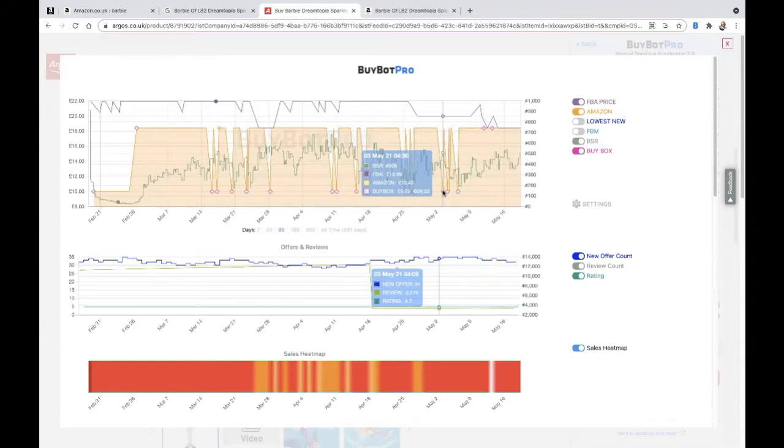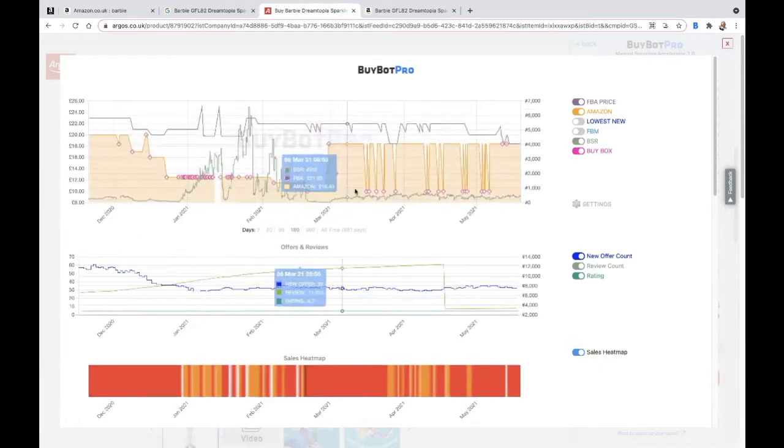Amazon's selling it for £10.42. So you can have a good look at what's going on with that price and decide whether you could squeeze in a bit of extra profit to make that a deal, or whether it's not likely to be a good deal. Then you can analyse that deal and decide what you wanted to do and whether you could do that.